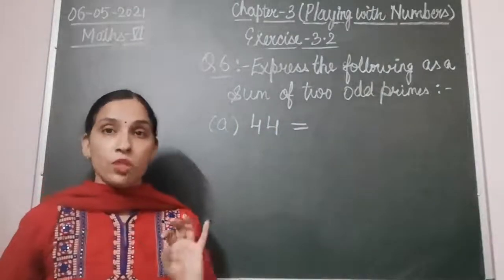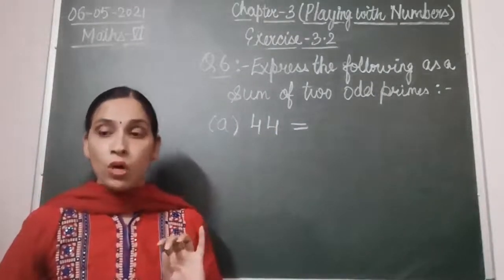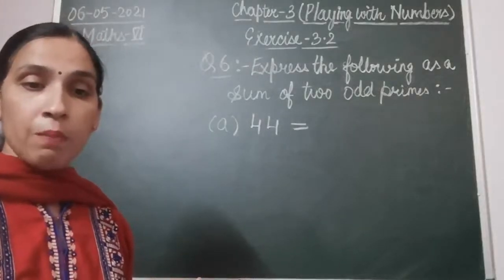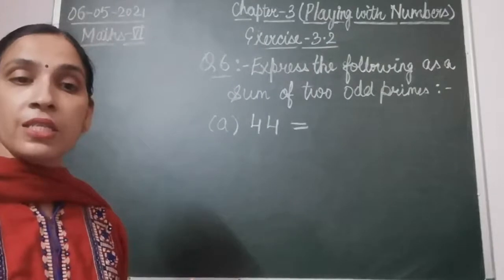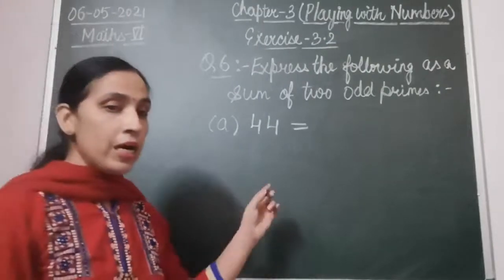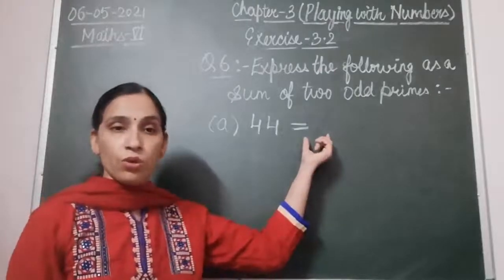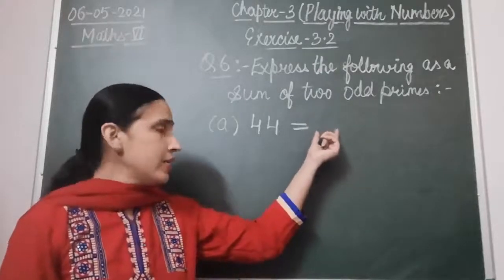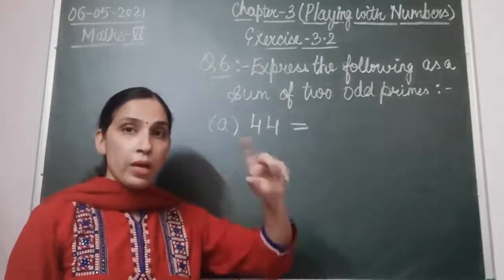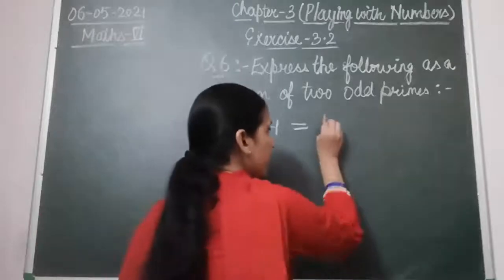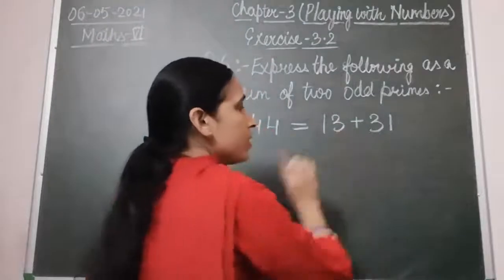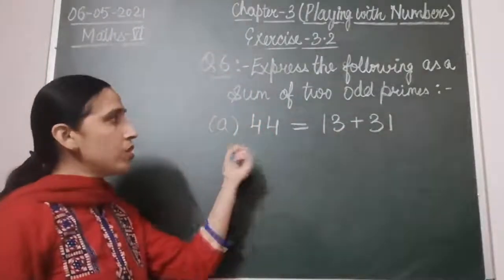Fine. Now, first of all, you must know which prime numbers form this sum. It is very necessary to look at the question, and then you will find the solution. Now, what will be added to get this? So we have 31. Fine. If I take 13 plus 31, the sum of 13 and 31 will form 44.